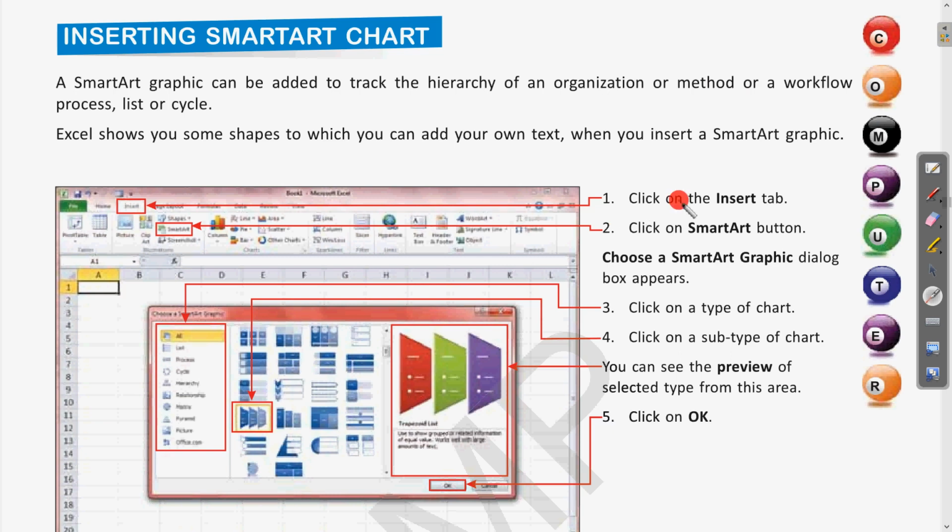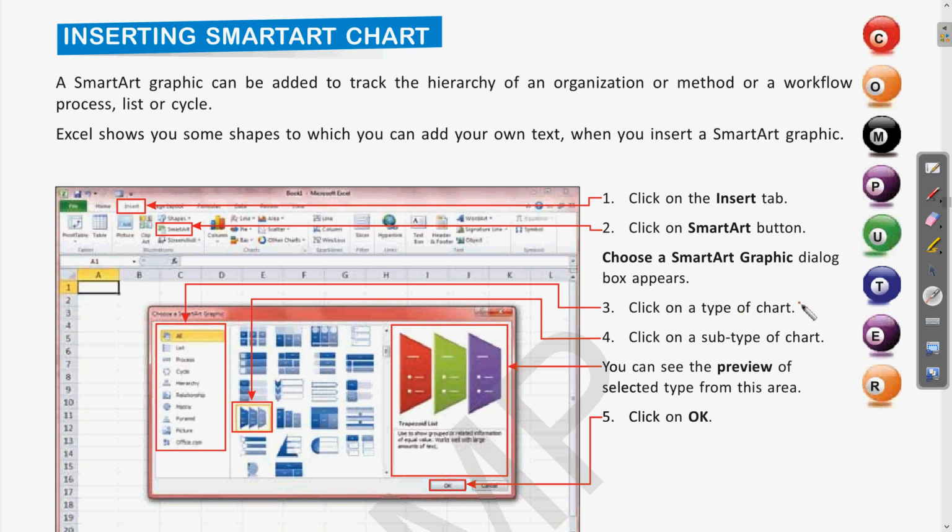So here are the steps using which we can insert this chart. Click on the Insert tab, then click on the SmartArt button. Then the Choose a SmartArt Graphic dialog box appears. This will be the dialog box which we will see.